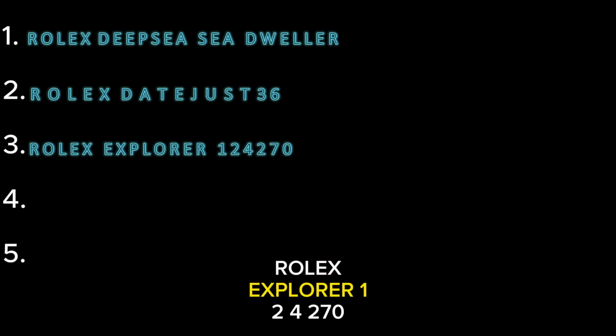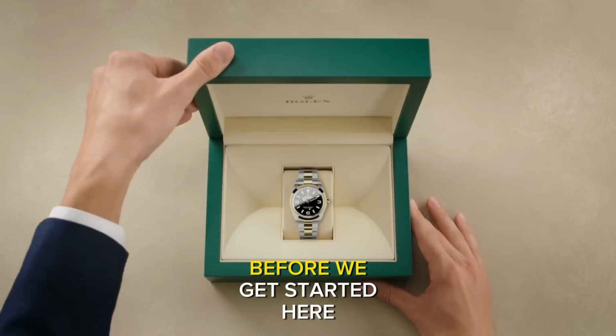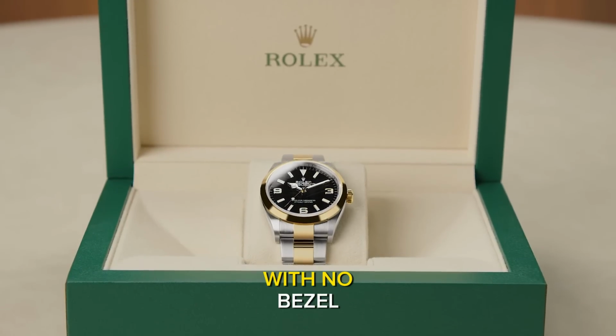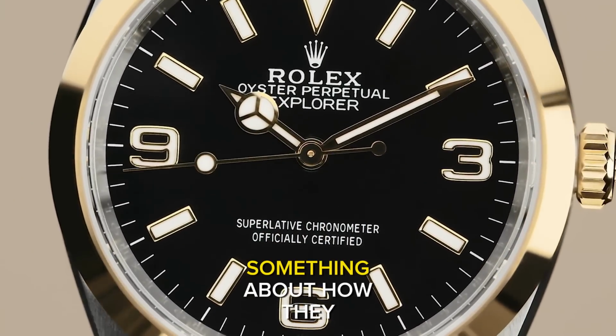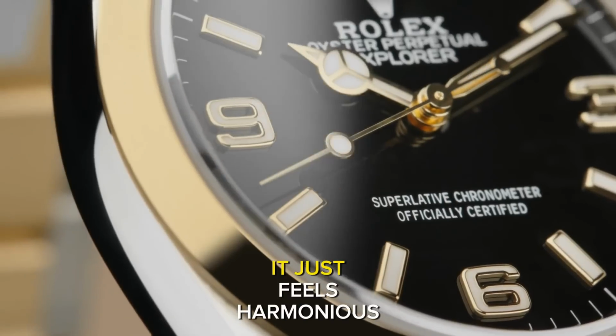Rolex Explorer 124-270. I have a slight confession before we get started here. I don't particularly care for sport tool watches with no bezel. It's a small thing, but to my eye, certain watch types just need one. Something about how they balance the size of the dial against the rest of the case, it just feels harmonious